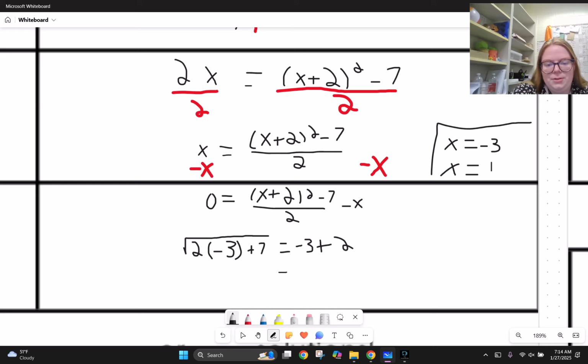So we will simplify both sides of this equation. -3 plus 2 is -1. If you weren't sure about that, you could plug it in Desmos. For the left side of this equation, just like when we did